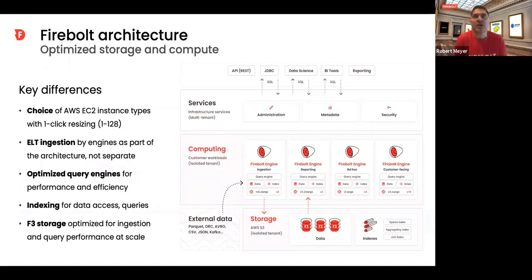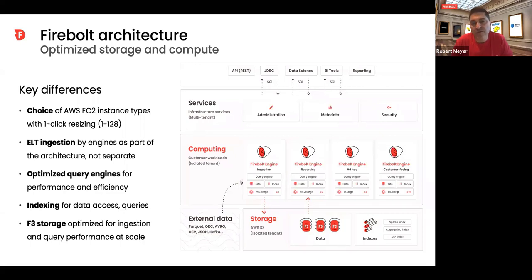If you look at the Firebolt architecture overall and pull back and look at it, it's a decoupled storage and compute architecture, right? It looks pretty much the same as what you'd see in a Snowflake. If I threw up a Snowflake diagram from the old 2016 white paper, it's going to look pretty similar. The difference is in the details.